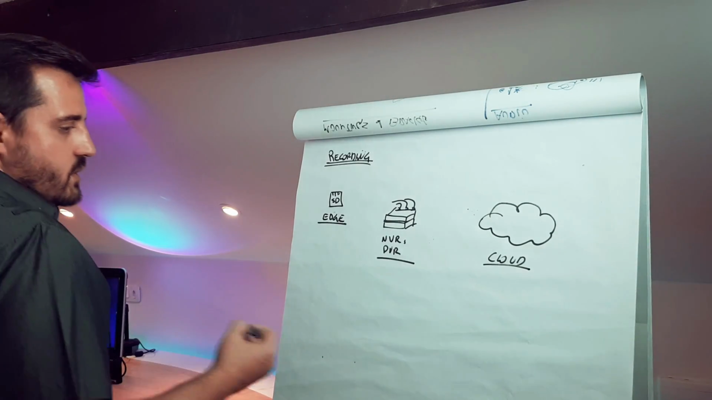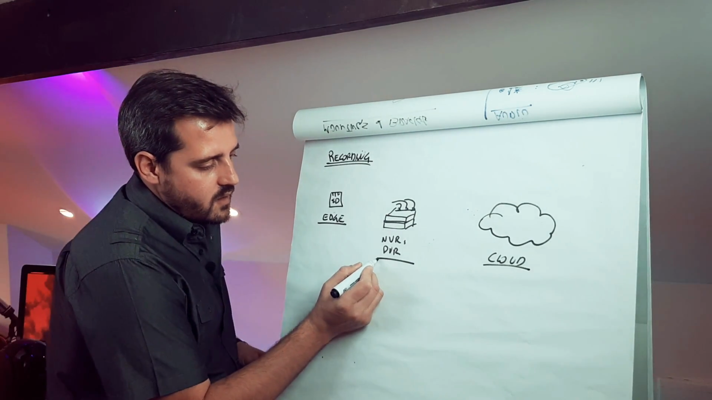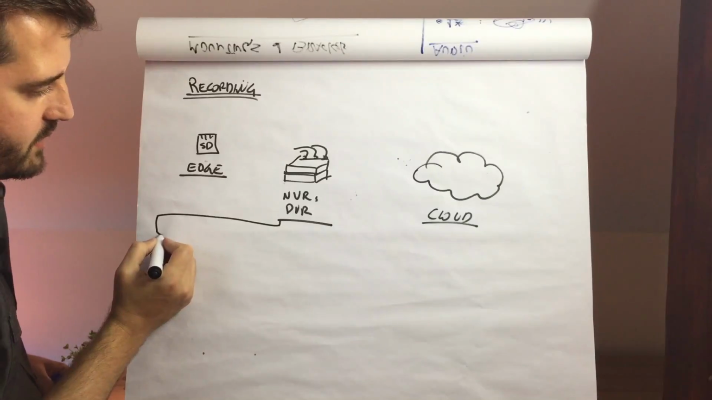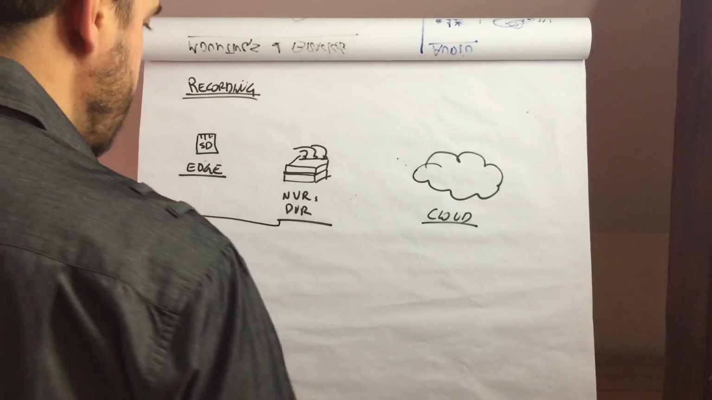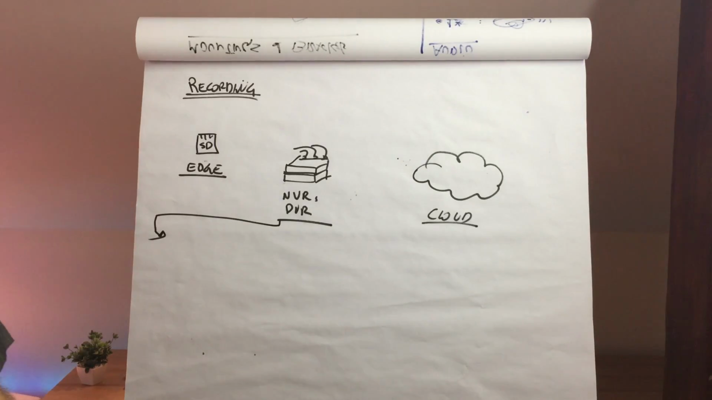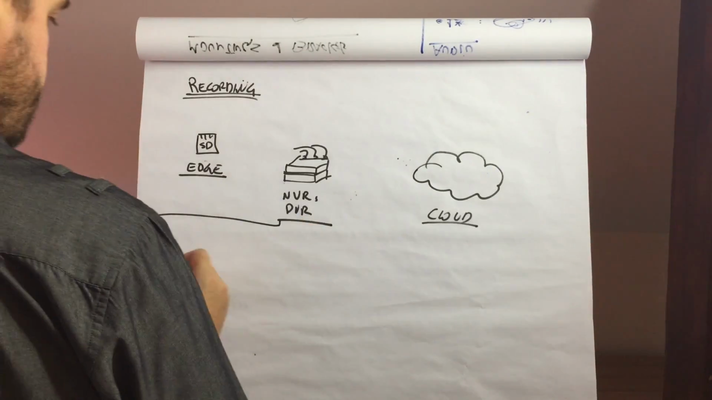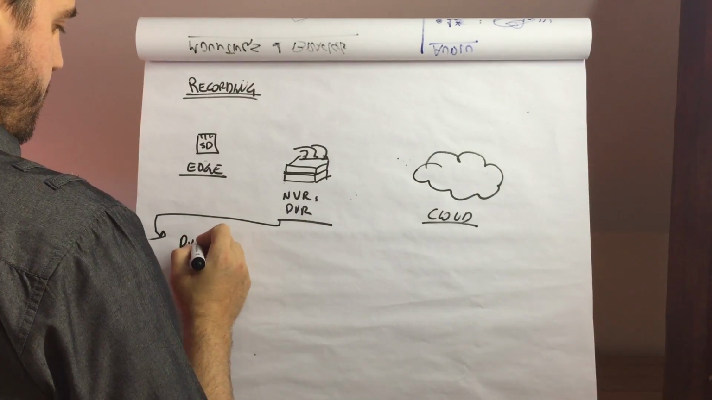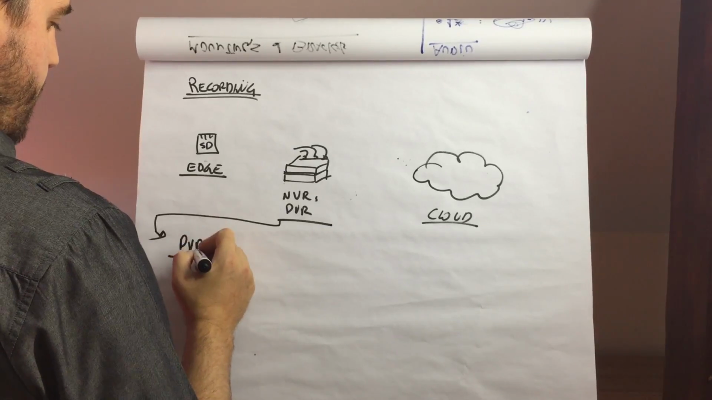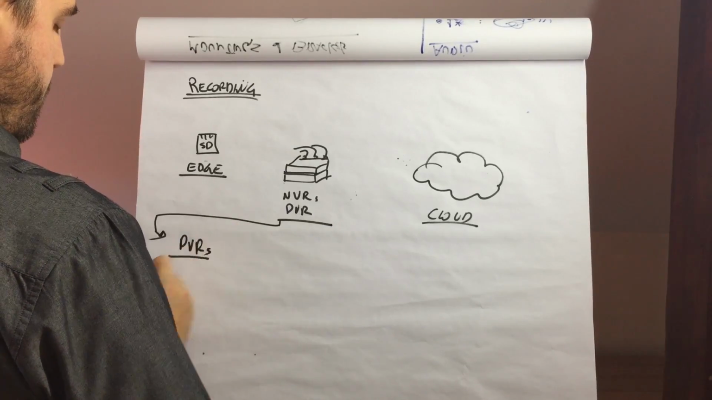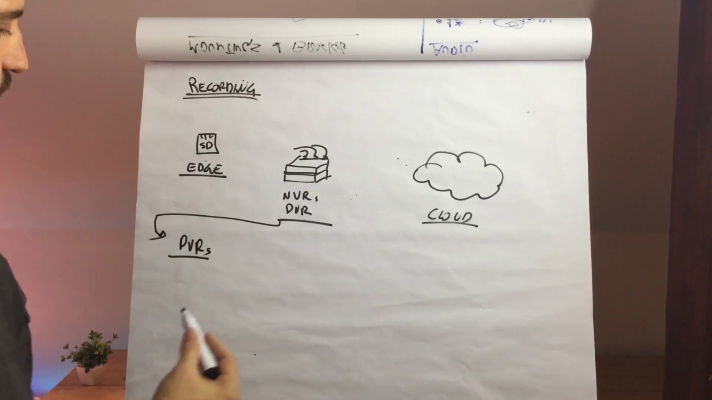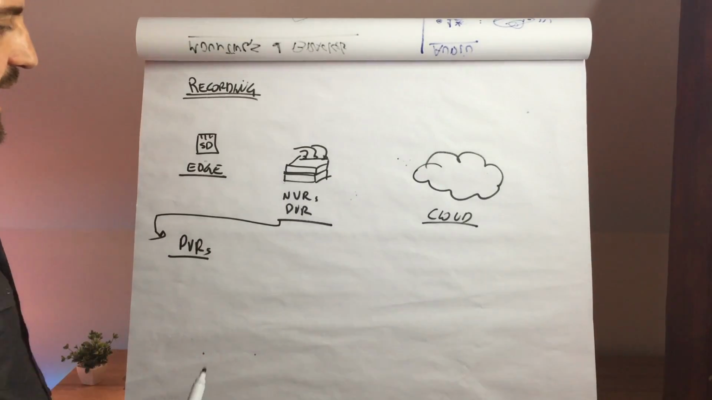Okay, so let's now expand this part on NVRs and DVRs and talk about it. So the first type, the oldest one, the legacy stuff, is the DVR. It stands for digital video recorder. And with this type of